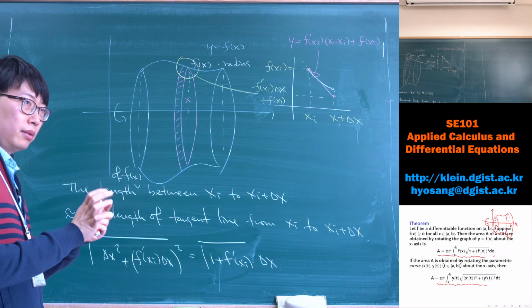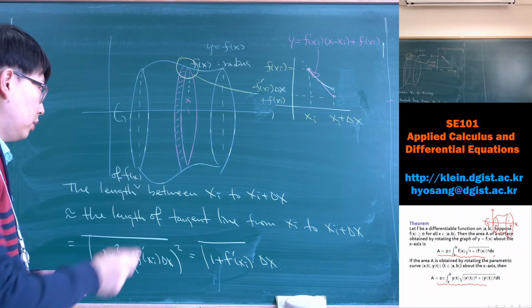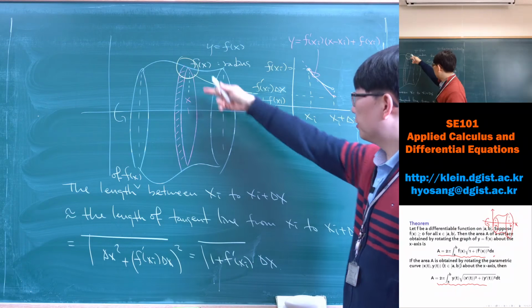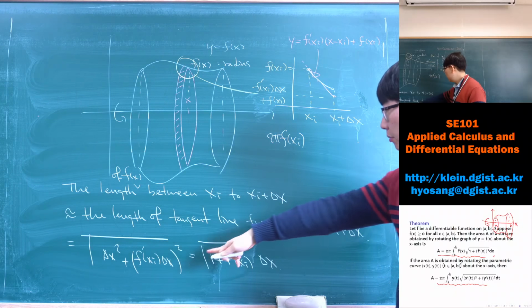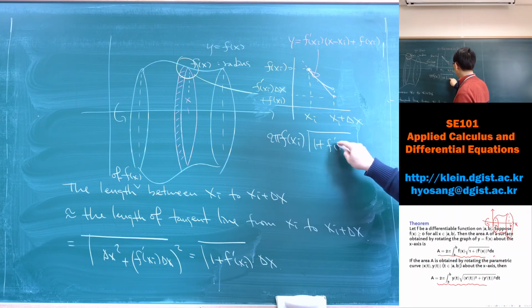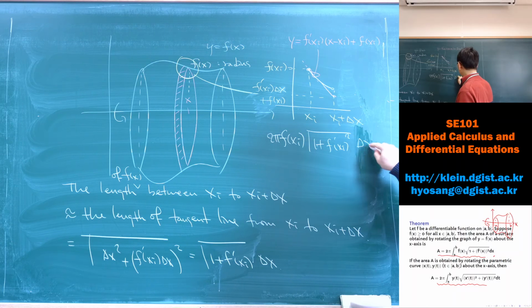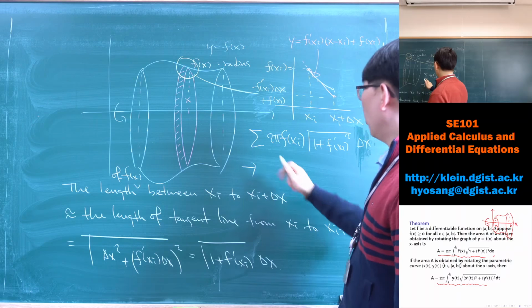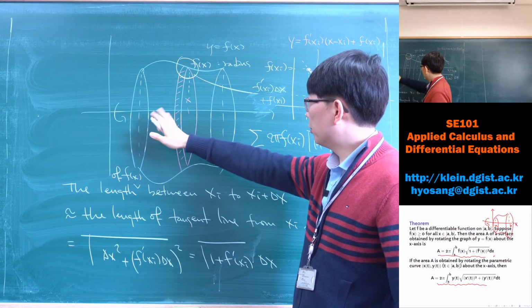So this is the small length of each line, and we're going to add up the surface areas of these small strips. The total surface area is the sum of small strips, which is 2 pi f of xi times the width of each strip, which is the square root of 1 plus f prime xi squared times delta x. And the sum of these areas of small strips, when I take smaller and smaller strips and increase the number of strips,